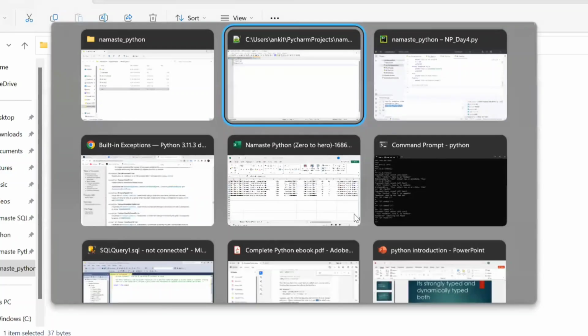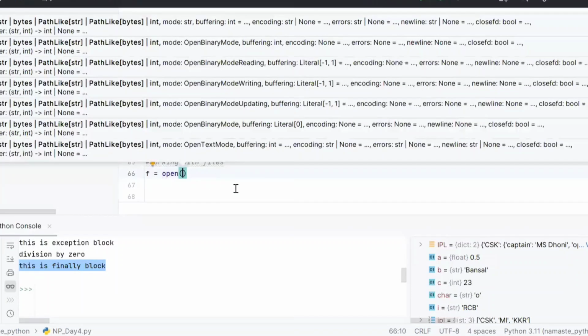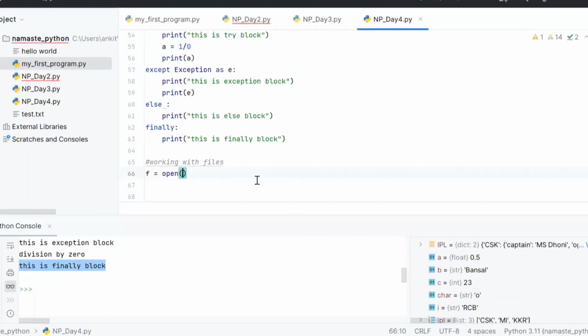Now, if I want to read it in Python, we have this open statement. So I will say f equal to open. Now my script and file are in the same path, so I don't have to give a path. If it is in a different path, you can give your path, for example C colon or whatever.